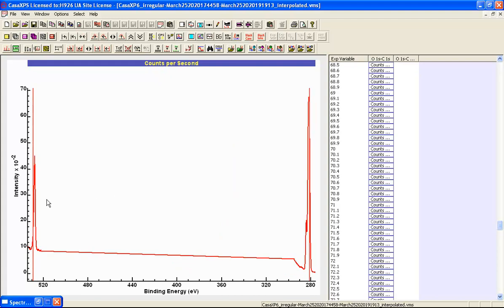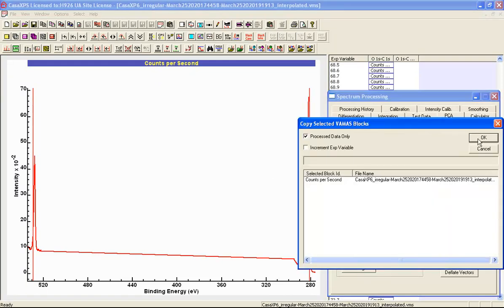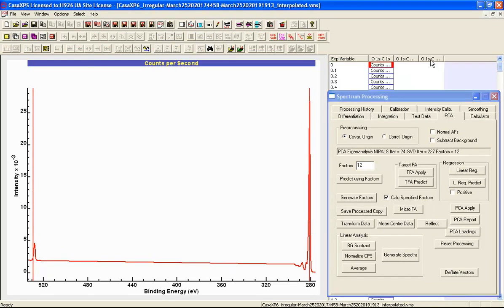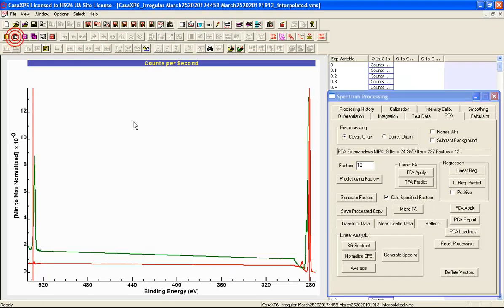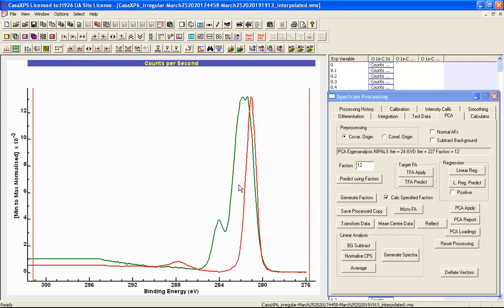this profile. So I'll do the same operation, and I'll copy the VAMAS block that's currently selected. So now I've got these two spectra, and one contains a significant oxygen peak and an envelope that is consistent with PVP, and the other one looks more like the polystyrene. So I would like to use these now to do a linear least squares analysis of